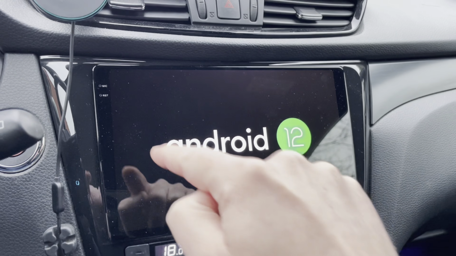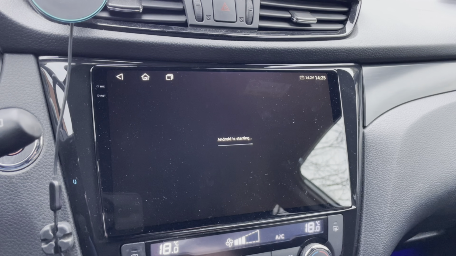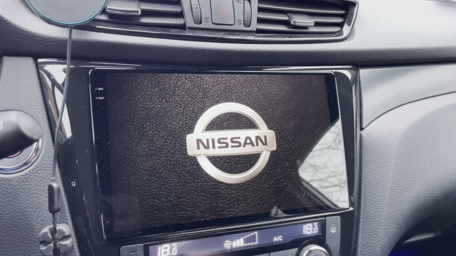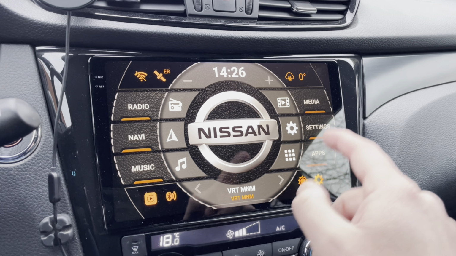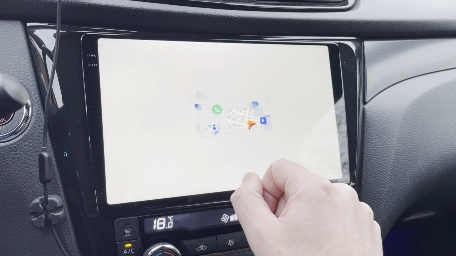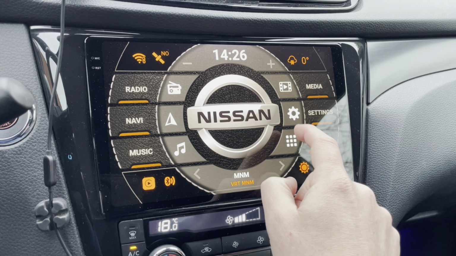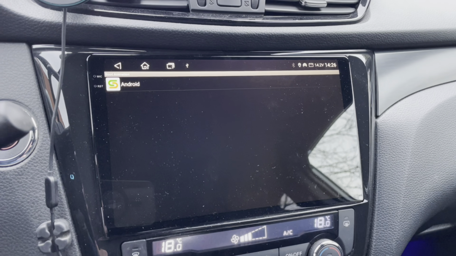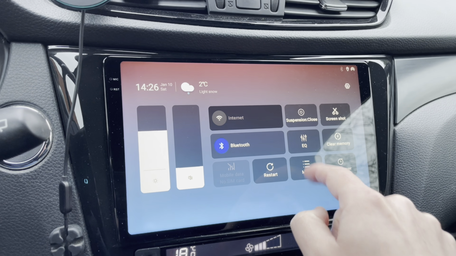Now you can also change this animation to something of your own liking, and therefore you have to put an MP4 file on the USB stick with max 10 seconds of video. And then we go to the applications. So let's leave CarPlay, we go to the applications and we go to boot animation. From this screen you swipe down, choose menu,